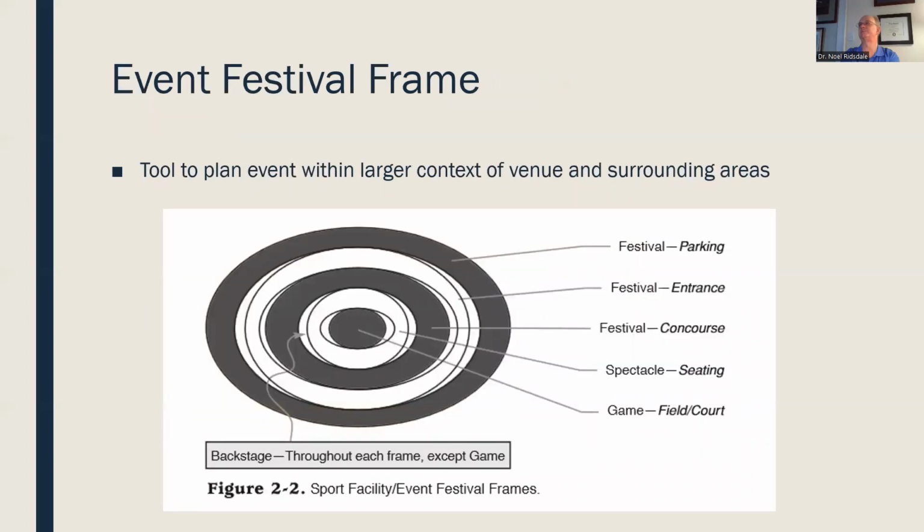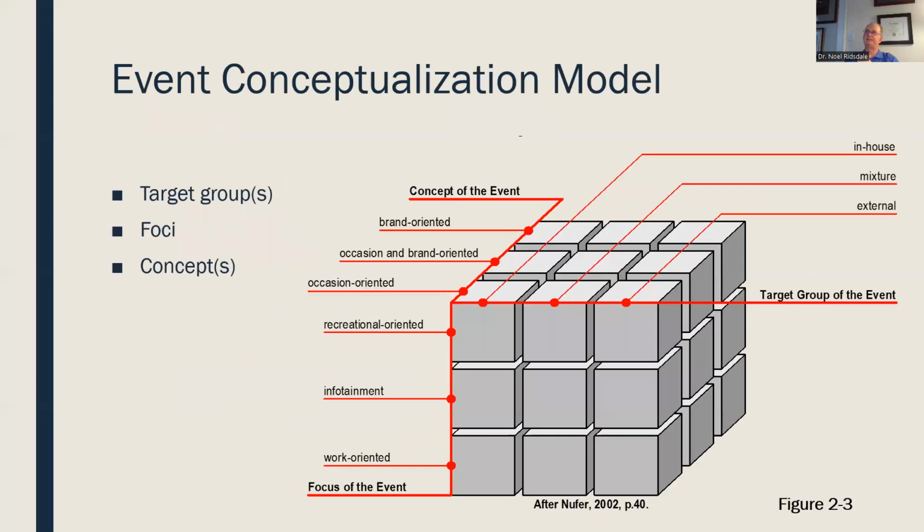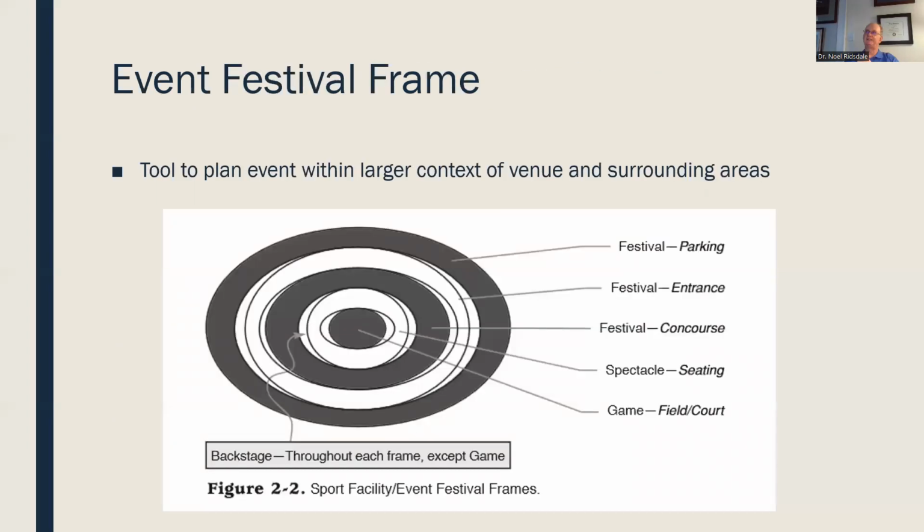So we can frame these in two different ways. This is the festival frame, and then we're going to look at the conceptualization. The festival frame puts everything in the festival aspect of looking at it from the actual customer's perspective. So the actual center of that is going to be whatever that event is, okay? And then the next one out is the scene, the spectacle aspect of it. The festival is everything that's around it: the concourse, the entrance, the parking, all of those types of things, all those external rings. You want to look at how your guest is going to travel those rings to get down to the field of the core, wherever the event is.